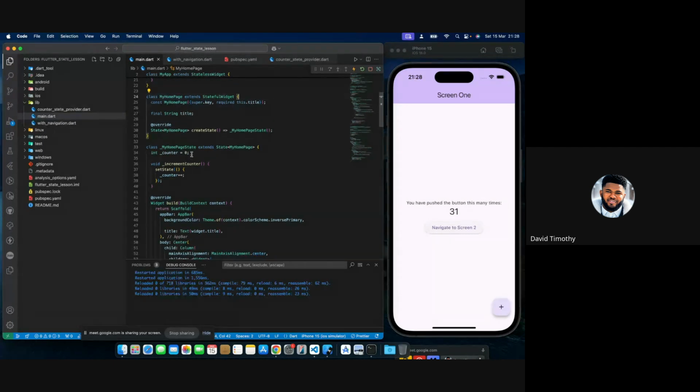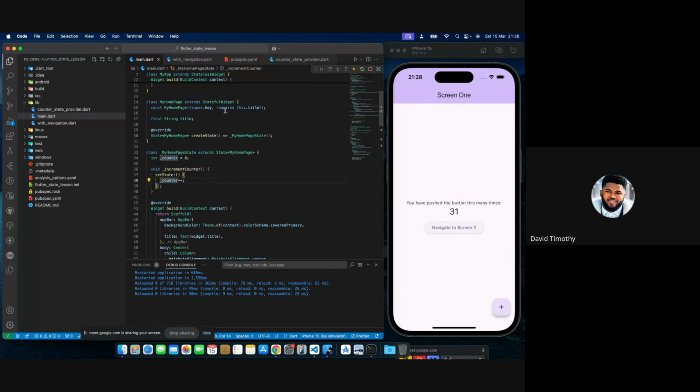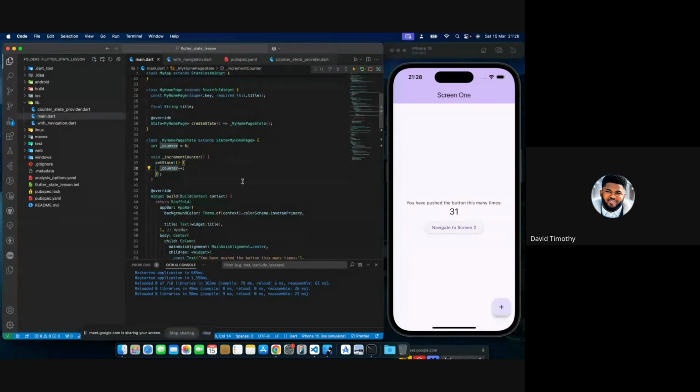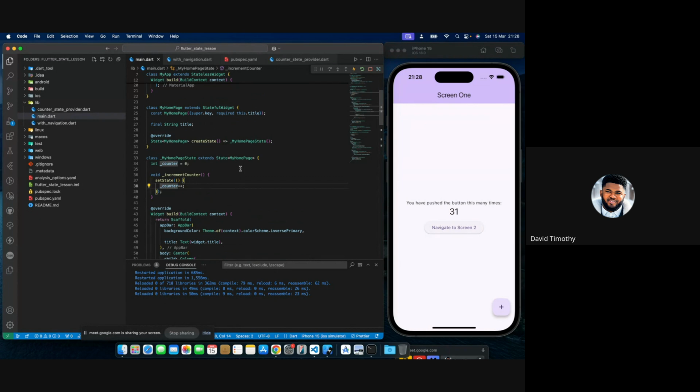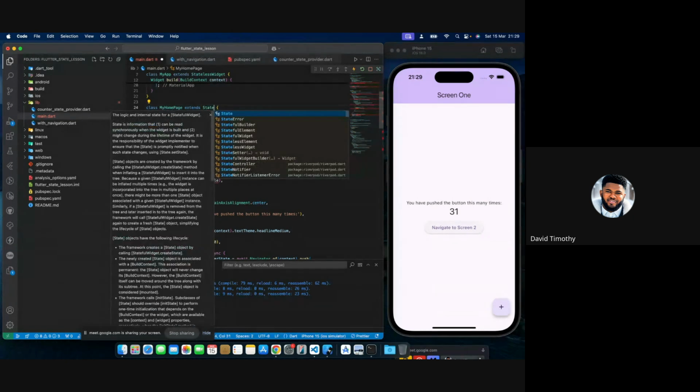But since we now want to outsource it to a provider, we don't really need a stateful widget anymore. So what we are going to do is change this stateful widget to a stateless widget, right? So just move all this, taking it out, and change it to stateless,